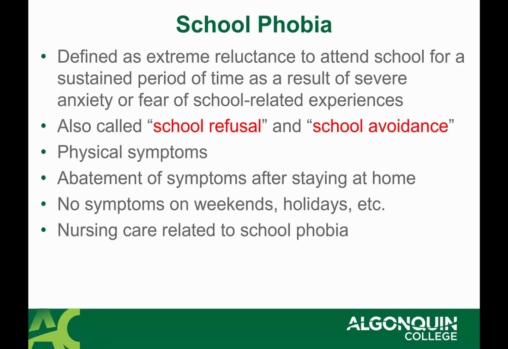School phobia. This occurs in children of all ages, but it's most common in children 10 years of age and older. School avoidant behaviors occur in both boys and girls and in children from all socioeconomic levels. Anxiety that often verges on panic is a constant manifestation, and children can develop symptoms as a protective mechanism to keep them from facing the situation that distresses them. Physical symptoms are prominent and may affect any part of the body. For example, anorexia, so not wanting to eat, nausea, vomiting, diarrhea, dizziness, headache, leg pains, abdominal pains, or even a